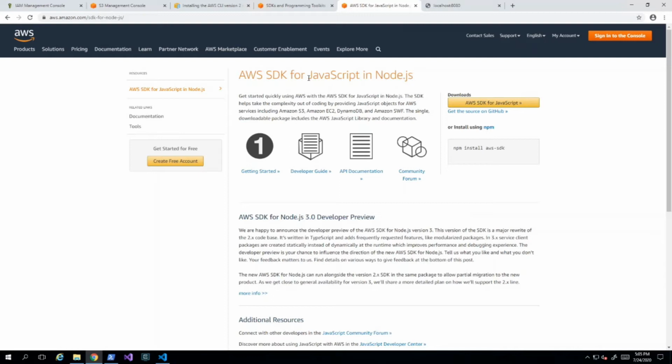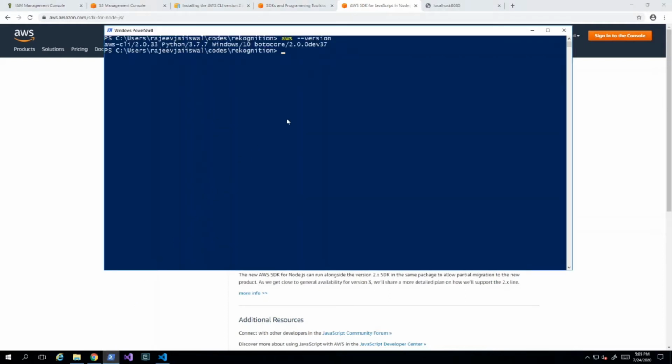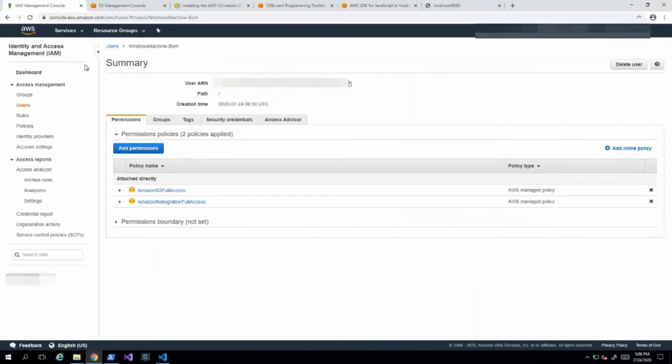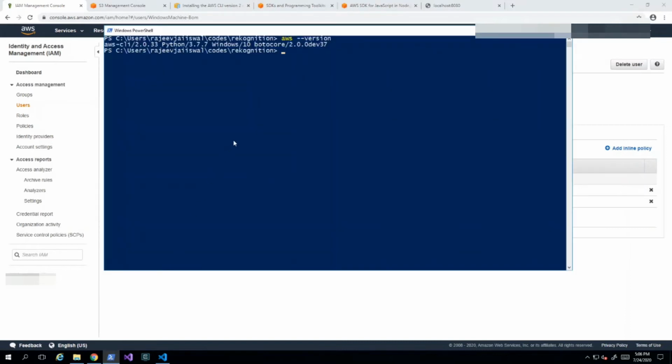All right. The next step is, once the deployment is done, you need to set up the AWS credentials. You need to create an IAM user, and you need to give two accesses to that IAM user. One is Rekognition full access, and the second access is optional. If you are using S3 for uploading and downloading the images, then you need to give at least S3 read-only access. Let me show you the access which I have given. So I have given Amazon S3 full access and Amazon Rekognition full access. All right, these two accesses are required, and once this is given, you need to come to AWS CLI.